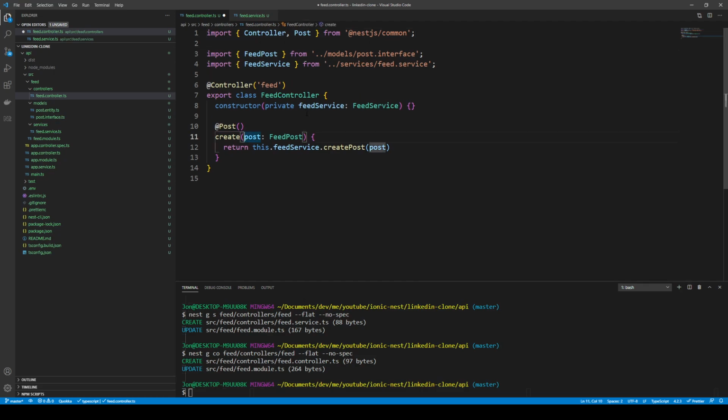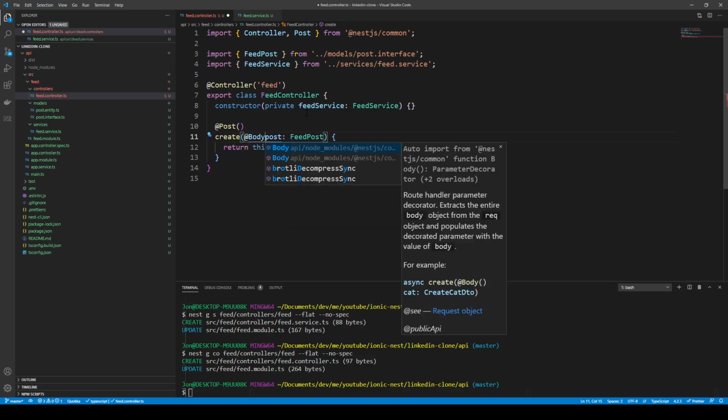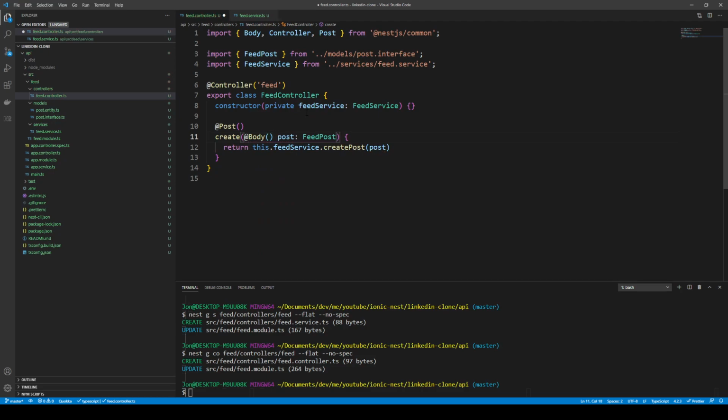But this is coming from the body of our request. So if I type in here another decorator, body, prefix before our post and feed post, we're now able to get that. Now, one thing I might add is